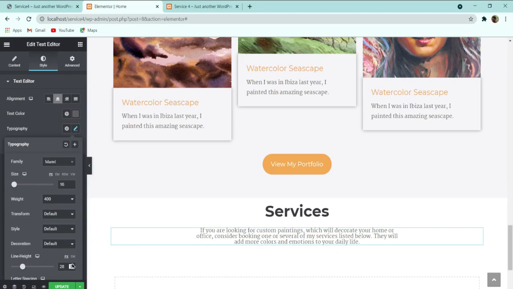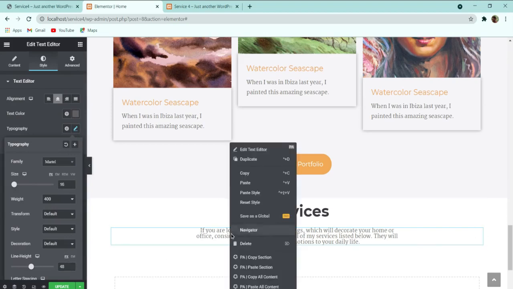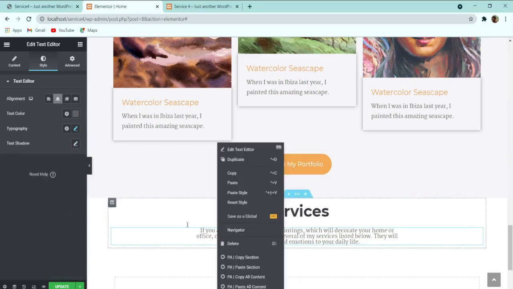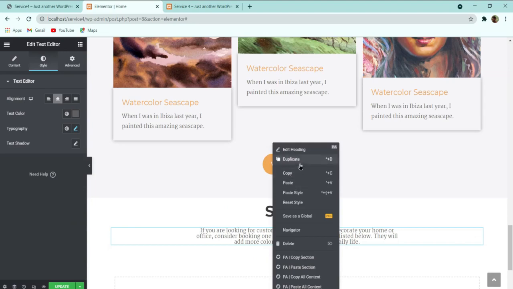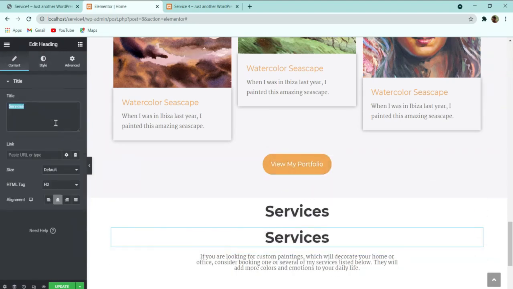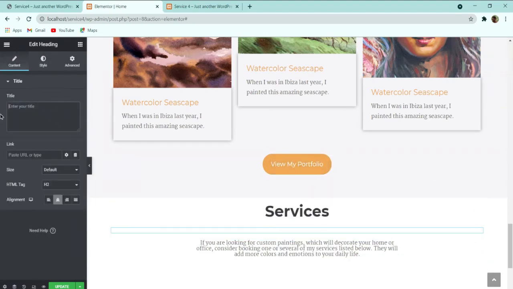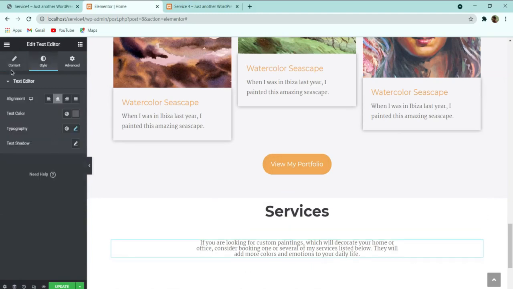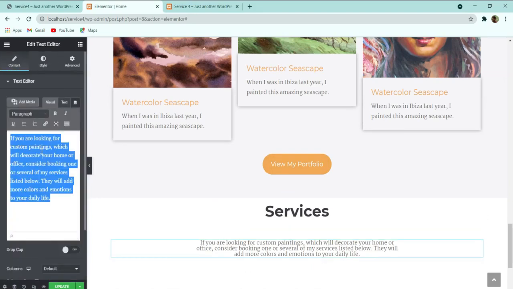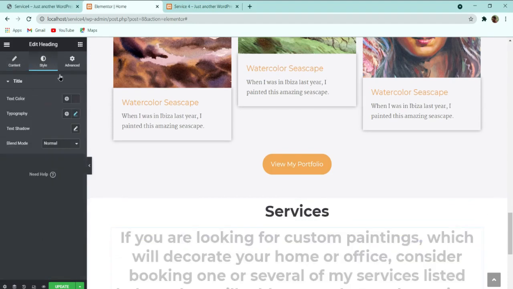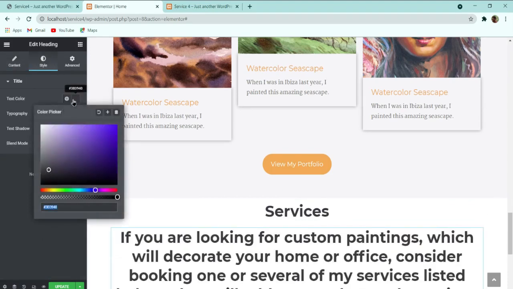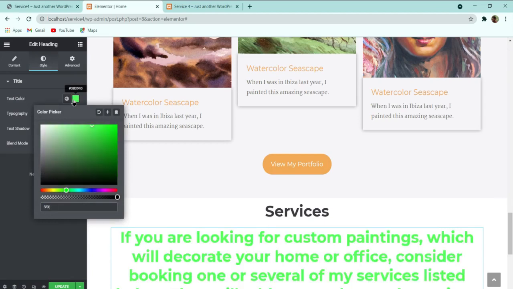So there is one problem with it here. What you can see is that this line height is not working over here. I don't know why it is not working. So what I can do is duplicate it from here. Let me paste the text, copy this text, and let me paste it here, and then I will go to the style, and here I will type 5F5F61.